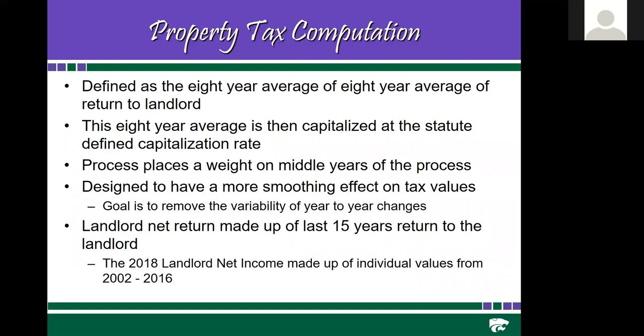In terms of the numbers that we use to compute for dry land or non-irrigated land, we try to get as much county information as possible. The process is set up such that everything is publicly available data. And so we're using data from USDA NASS and other surveys. Any of the surveys that the department does to compute property taxes are available on the web, such that everything is very transparent, hopefully, in terms of how those numbers are calculated.